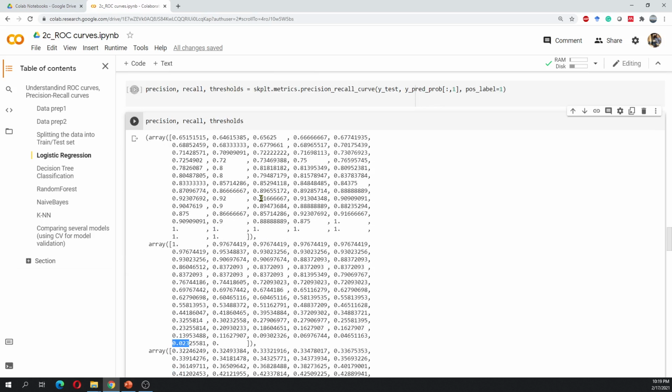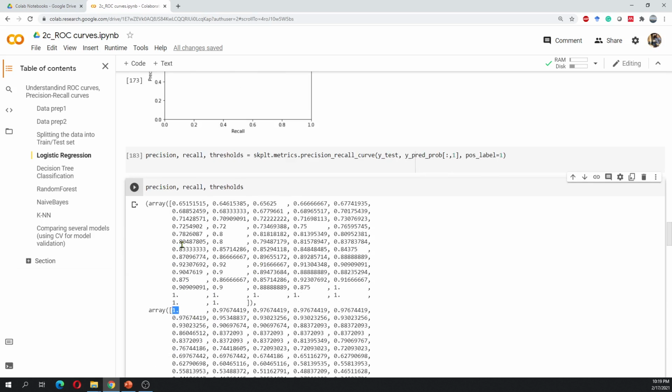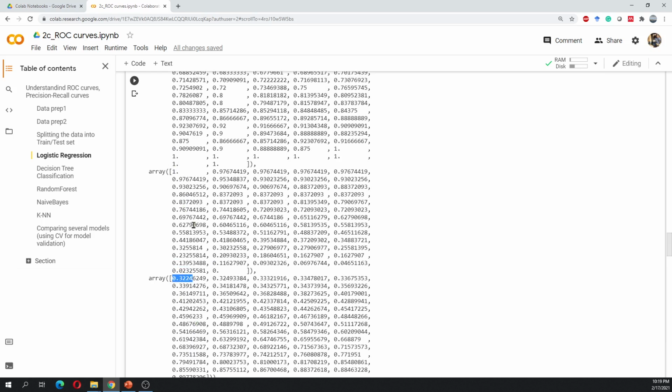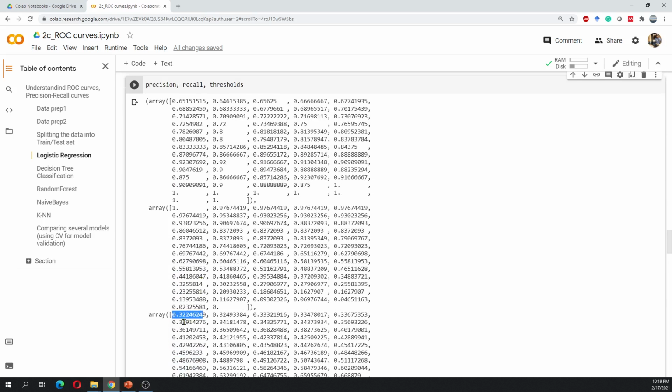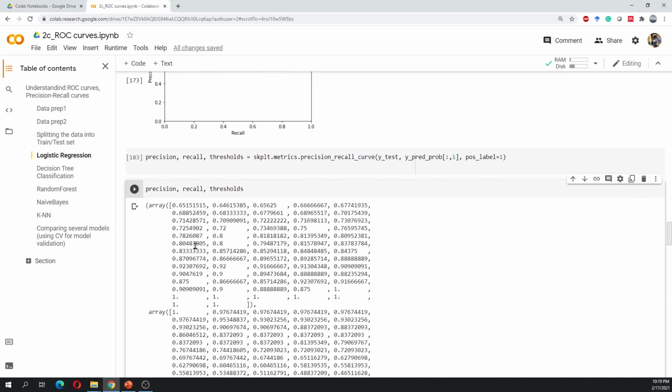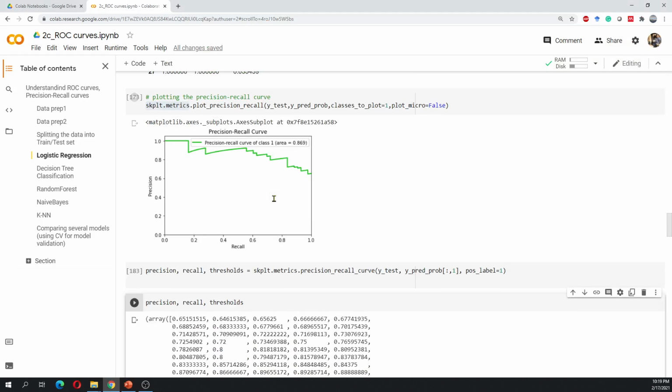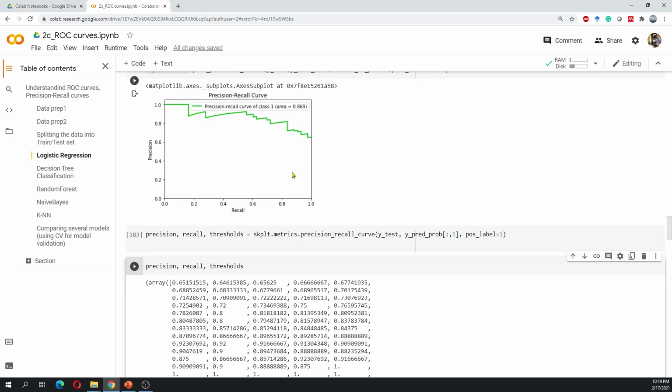Let me forget the last piece I just said. I was looking at the first element of recall, so I should look at the first element of the threshold. So this basically means if I use the threshold of 0.32, basically if it sets it around here, then this logistic regression classifier can give you a precision of 0.65, this point, and a recall of 1. If you want a higher precision,